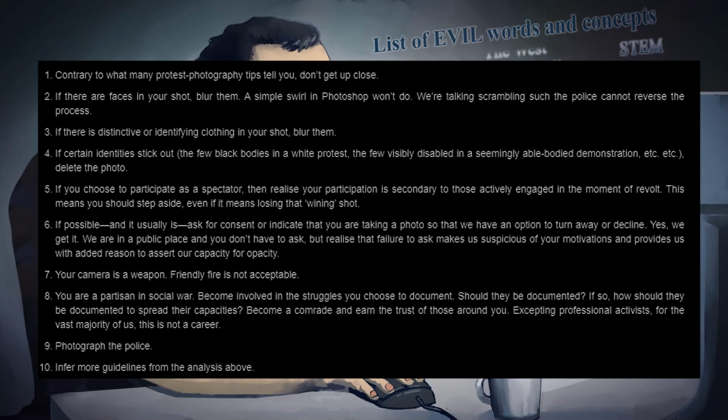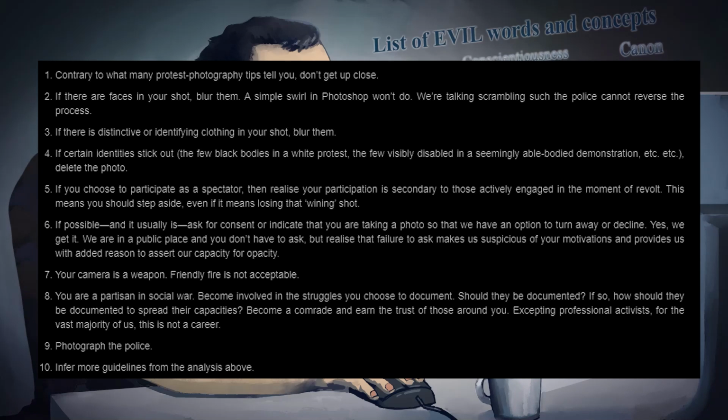1. Contrary to what many protest photography tips tell you, don't get up close. 2. If there are faces in your shot, blur them. A simple swirl in Photoshop won't do. We're talking scrambling such that the police cannot reverse the process. 3. If there's distinctive or identifying clothing in your shot, blur them. 4. If certain identities stick out, the few black bodies in a white protest, for example, delete the photo. 5. If you choose to participate as a spectator, keep in mind that even spectators participate here,